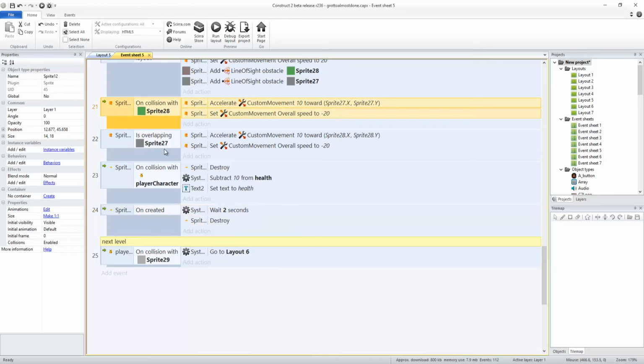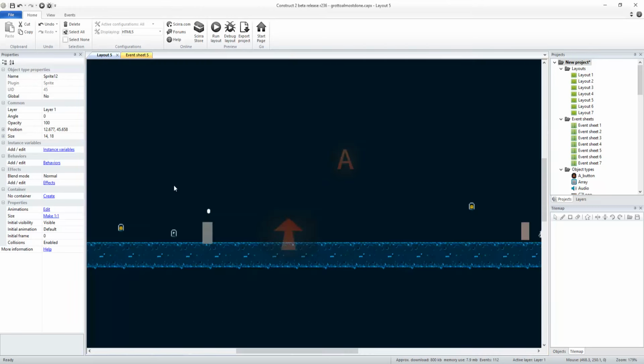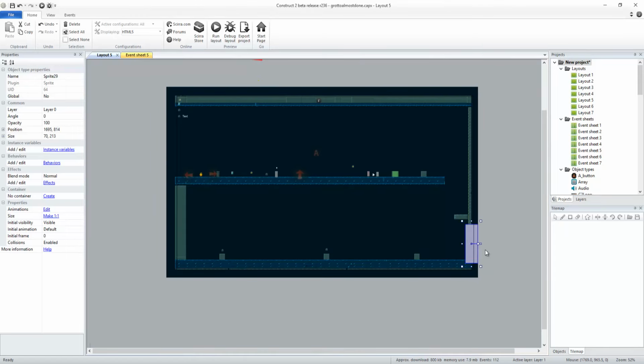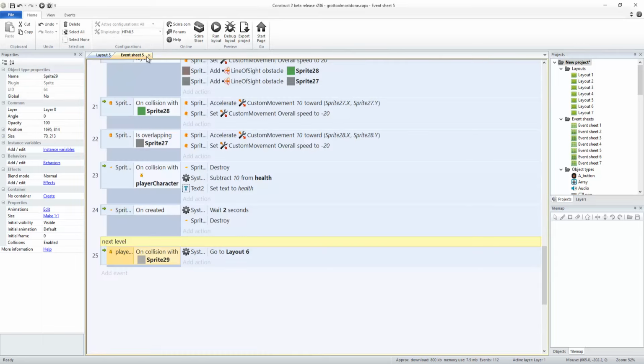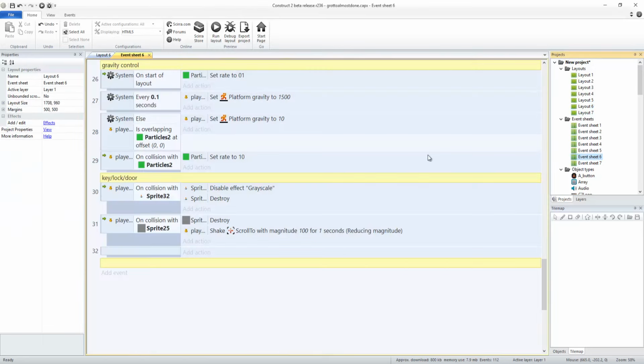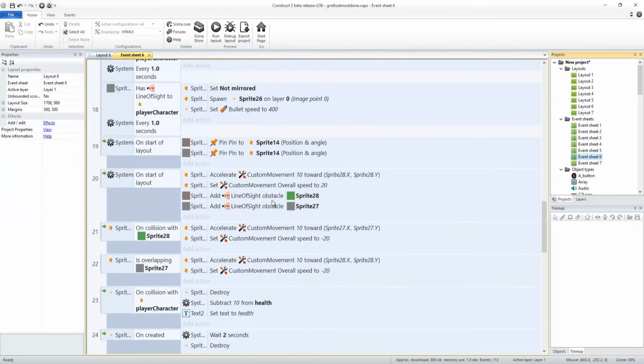And then these aren't part of particle effects. These are to tell the character, hey, you hit something, you need to go the other way. And then on hitting the gray box over here at the end of the level, we go to the next level. So it's pretty much what goes on, except in the next layer